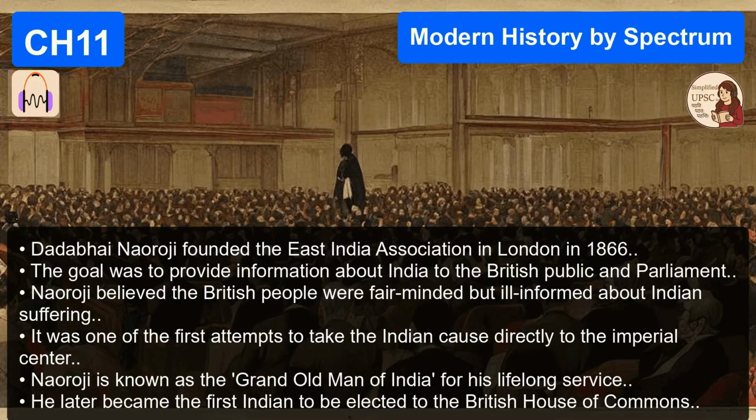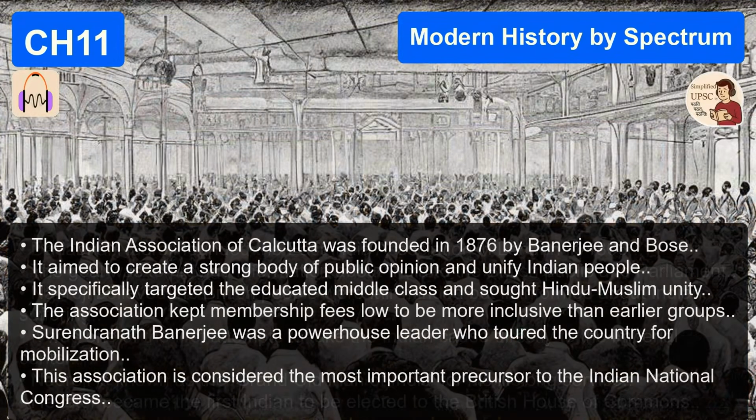Okay, so Naoroji is over there working the London crowd. What is happening on the ground back in Calcutta? You have the Indian League forming in 1875, started by Sisir Kumar Ghosh. And his goal was what, exactly? His goal was explicitly stimulating the sense of nationalism among the people. But, and this is the one you really need to double underline in your mental notes, the most important precursor is the Indian Association of Calcutta. The Indian Association of Calcutta, founded in 1876. Yes, 1876. Led by Surendranath Banerjee and Ananda Mohan Bose.